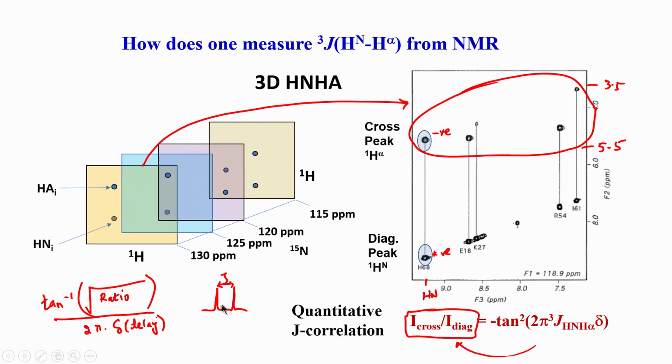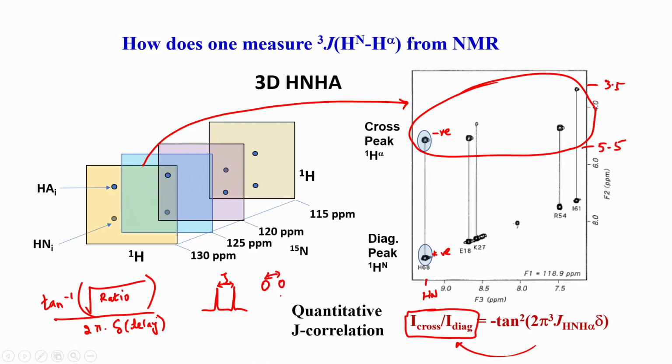This is called a simple spectral based J estimation, but here we are not doing that, we are not taking the distance between this, we are taking the ratio of the intensity. So this is a quantitative approach too, but in the spectral method we use the separation between the doublet to measure the J coupling, whereas here we are using the intensity of the peaks to measure the J coupling. This is a very fundamental difference between the quantitative J correlation and other types. This is how typically in a 1D we measure like this, in a 2D we can measure with a contour.